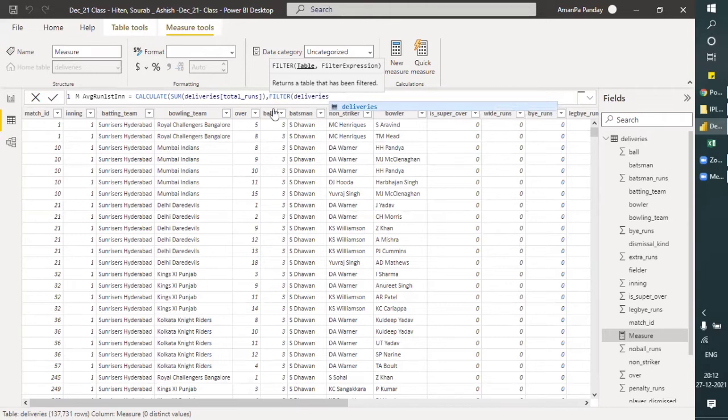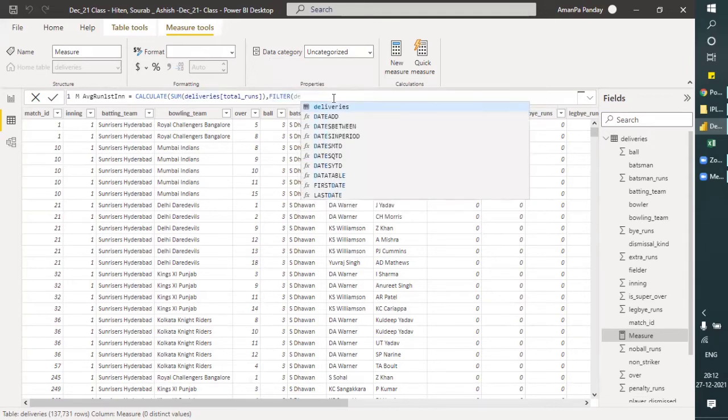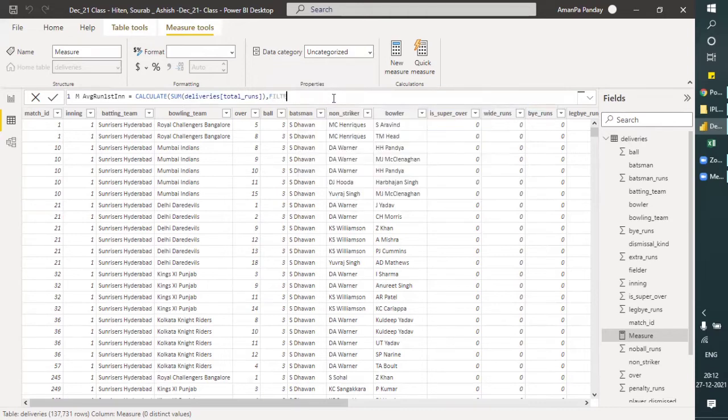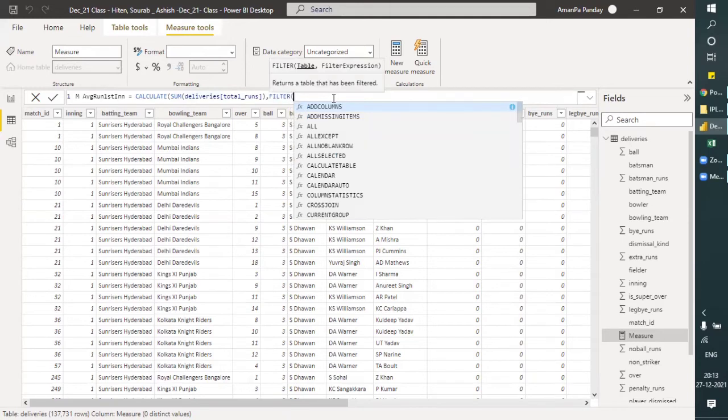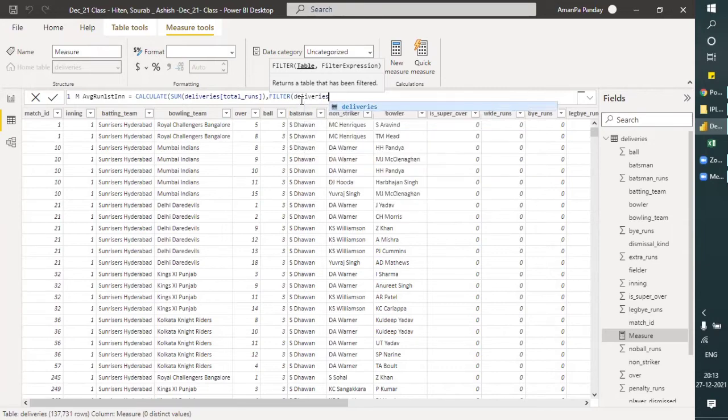Now another function starts, that is filter. When we see the syntax of this filter, the first parameter is table. Which table do you want to apply the filter on? So I will go with deliveries. Comma. Now the filter expression.